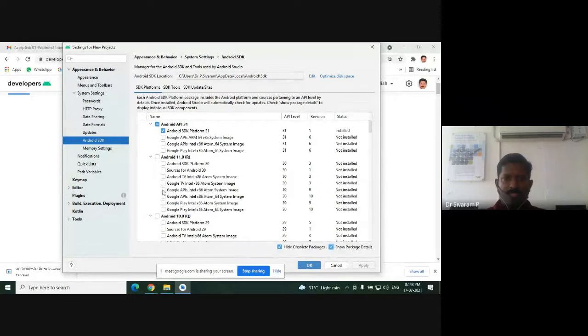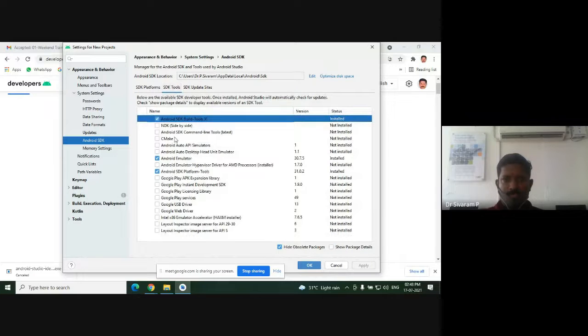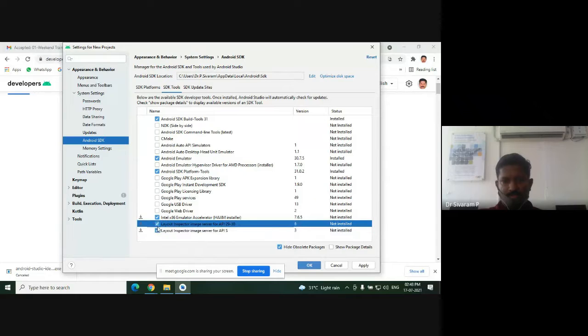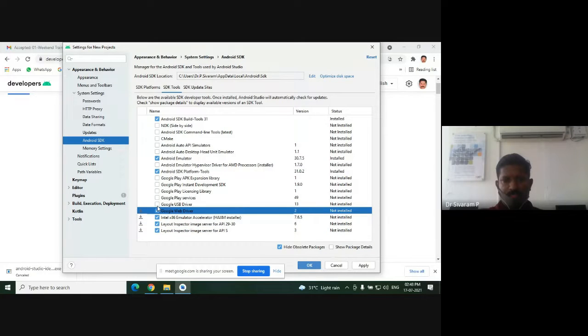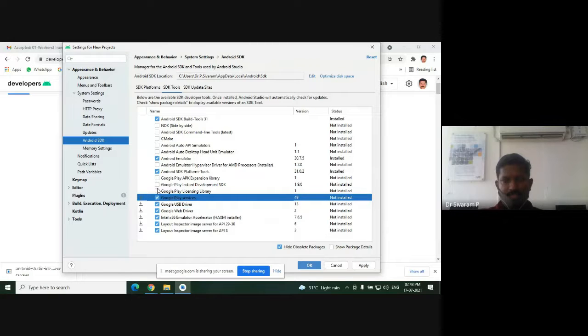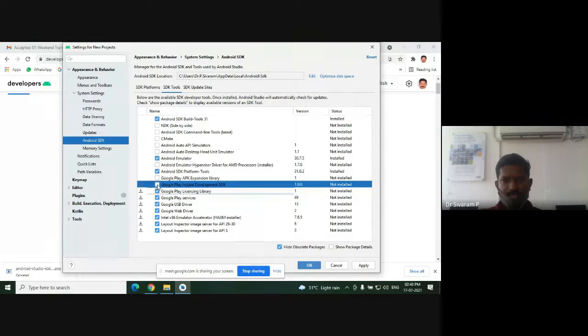You can see 31 is selected. The next thing, come to the SDK tools. It's very essential to install from the bottom. It's a third version, Intel x86 emulator accelerator, HAXM installer. Along with, you select these two, WebDriver, USB driver, Google Play services, licensing library, instant development kit,